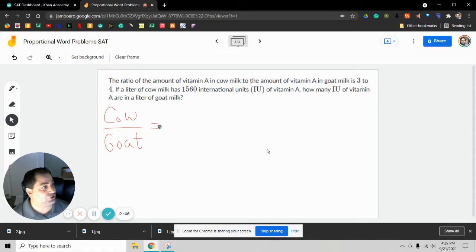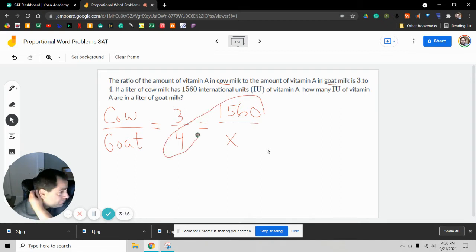And we can see that the initial ratio, again, order matters. So cow milk is listed first, goat milk is second, and then 3 is first, and 4 is second. So it's 3:4. My second ratio here, they give us an additional piece of information. A liter of cow milk is 1,560. Cow milk is in the top, so that's where we'll put it. Again, we're going to cross multiply where we have two numbers. We have two numbers here, 1,560 times 4, and that's going to give us